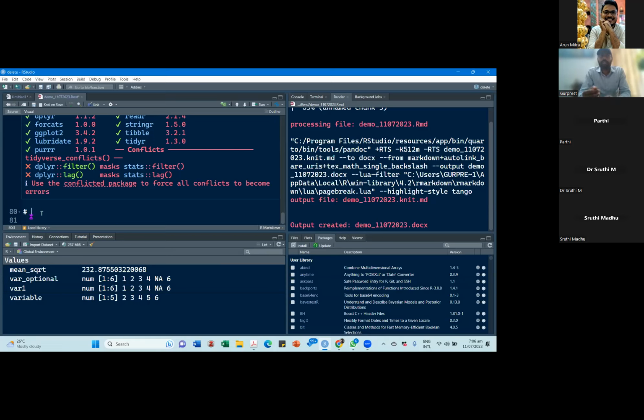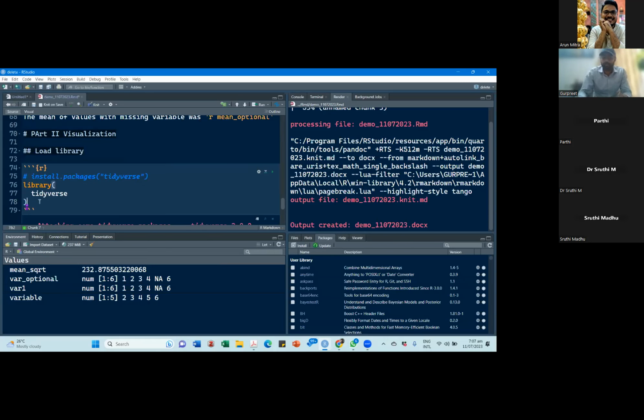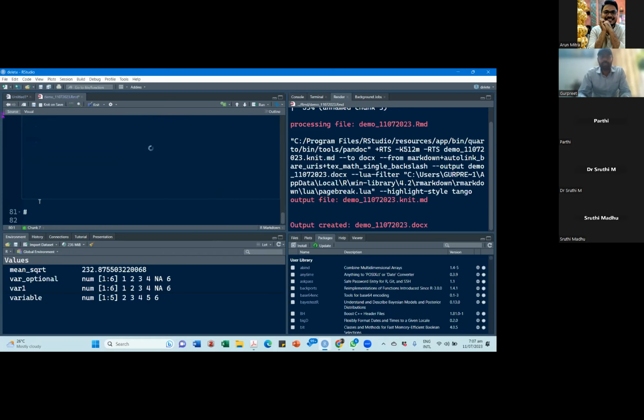because this filter function is there in the dplyr package also, and the filter function is there in the stats package also. So if you write filter only, then it will use the dplyr package, because the dplyr package is masking the stats package. But the moment you start using the sf package, let me load this sf package also. Library, since it's a short code, I am not going to press enter. And if